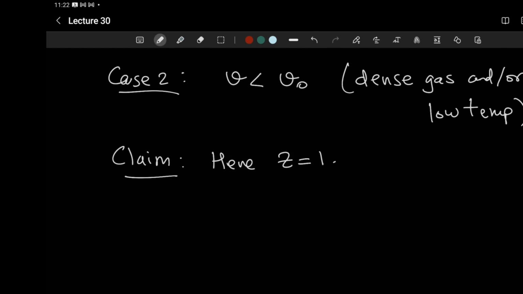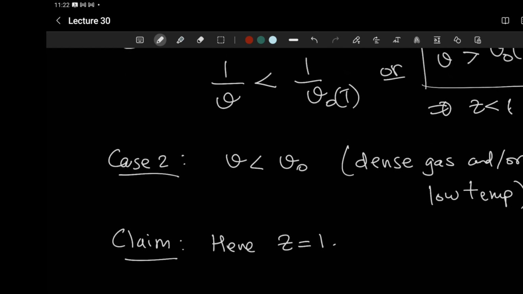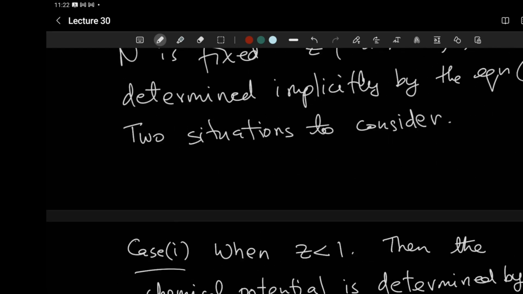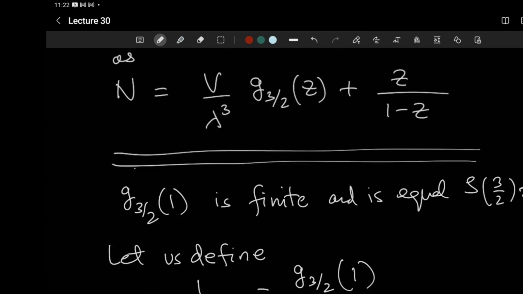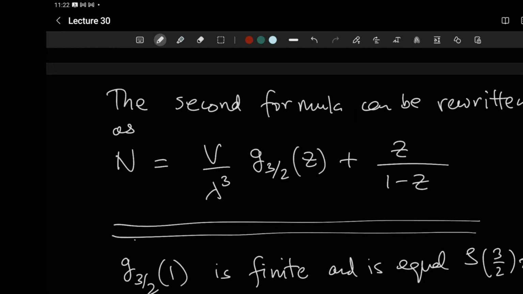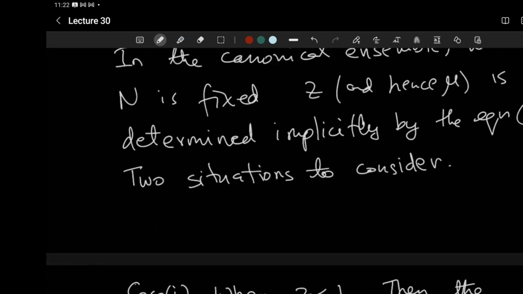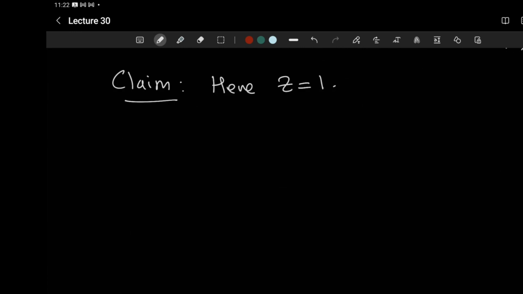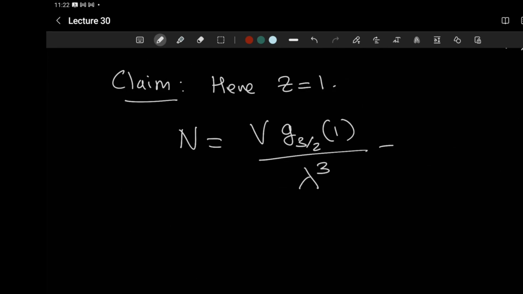Okay, and now I'll go back and write the second form of the equation, which was here, where I'll write n equal to